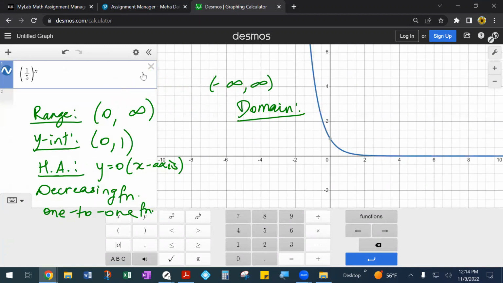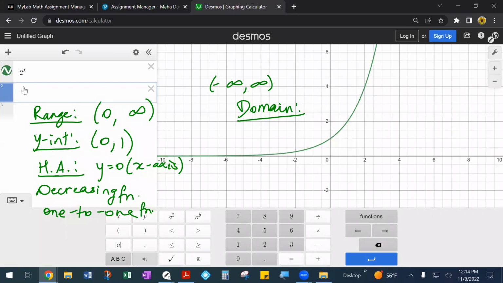This is our base function, and then we'll do